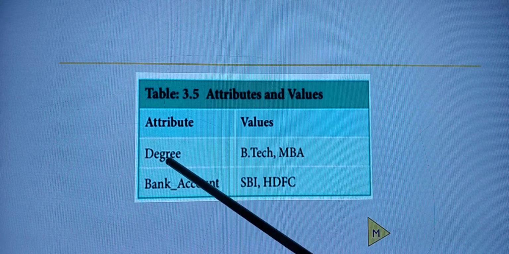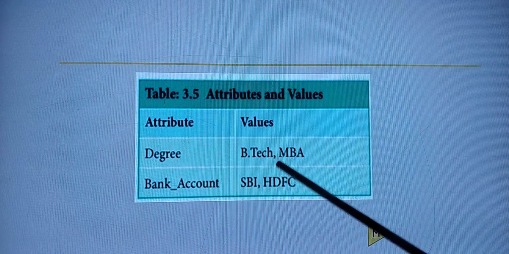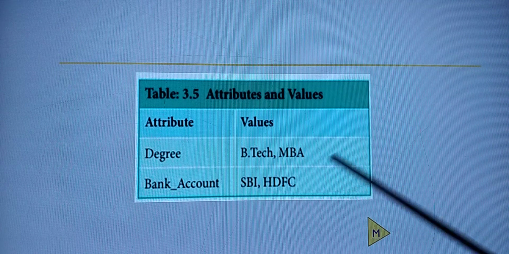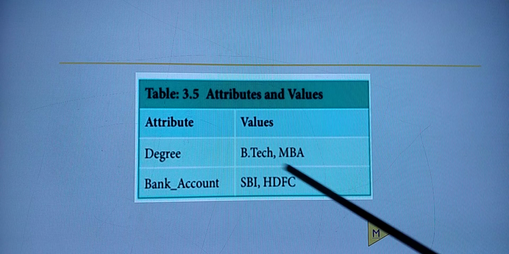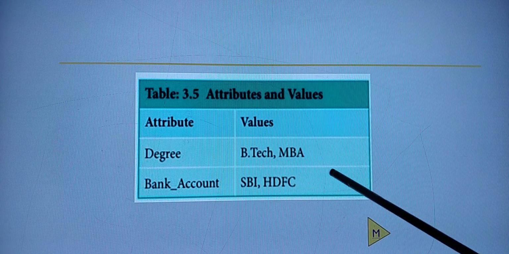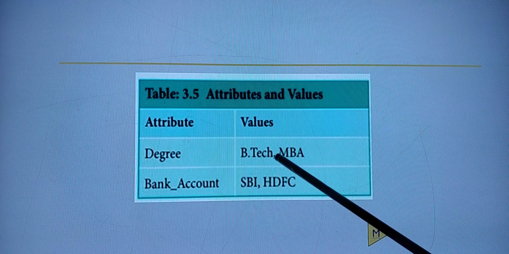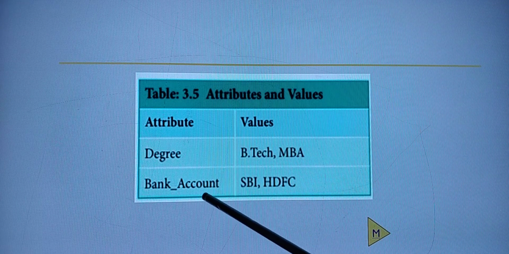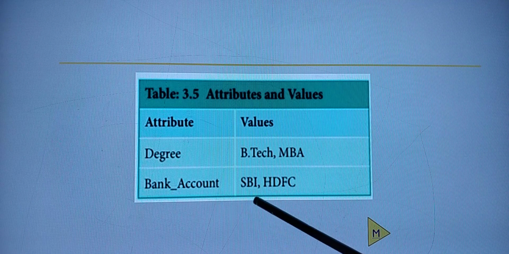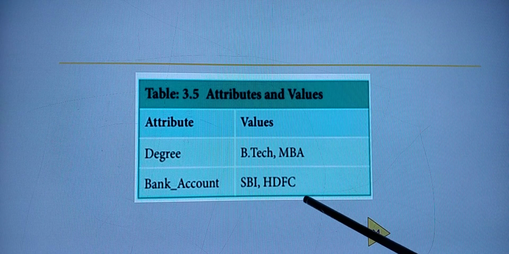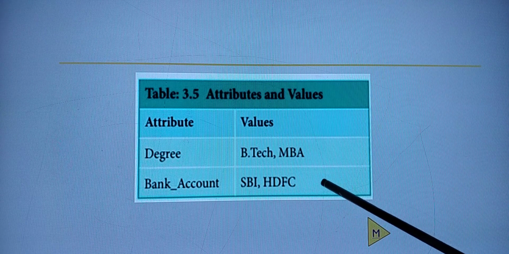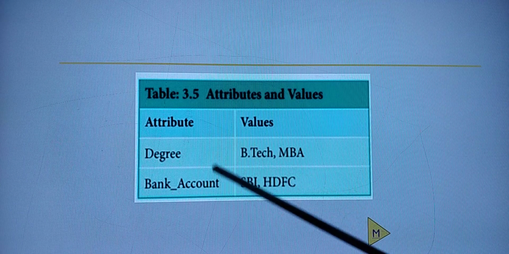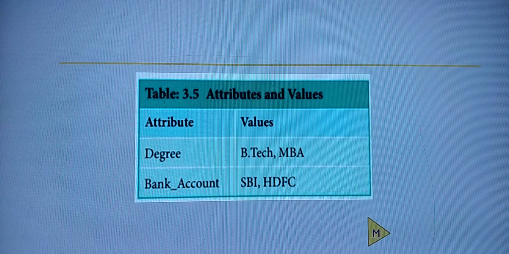See here. For degree, a single person can have BTech, next MBA, next he or she can proceed with the MPhil, PhD, like that. The degrees that he is going to get will keep going. So degree is an attribute, and the remaining things are the values for this attribute. Next, you can have many bank accounts. That is your bank account. It can be in SBI, HDFC, ICICI, then what else, Axis Bank. You people can have many things. So here it is going to have many values for a single attribute. Clear with this one?